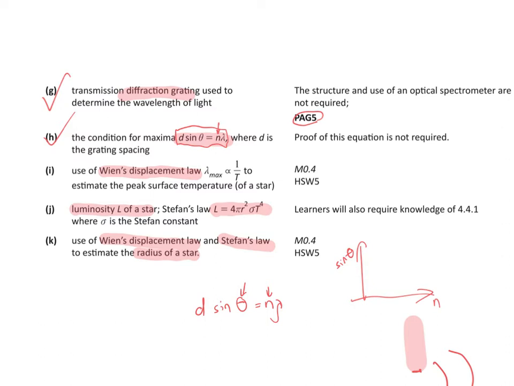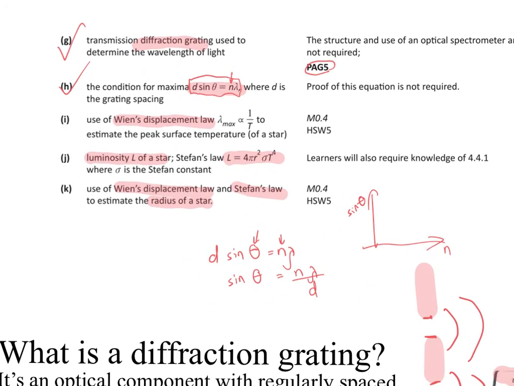This will give you a straight line, since sin theta is equal to n lambda over d. If I compare this to the equation of a straight line, y is equal to mx plus c, there is no plus or minus value, so there is no y-intercept, which means it starts at the origin. Sin theta is your y quantity, n is your x quantity, which means that your gradient, which is a positive line going through the origin, should be